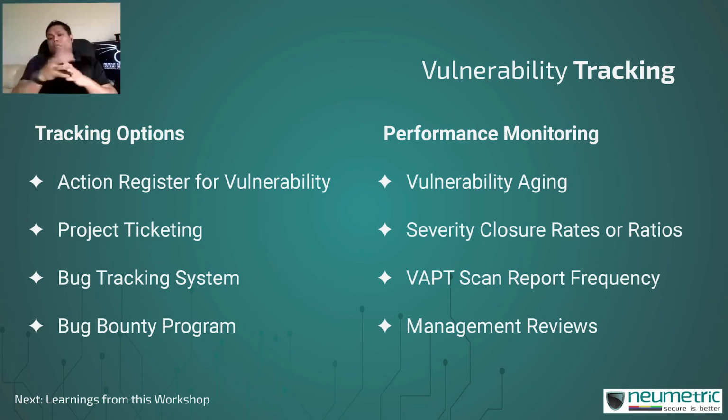And then let's move on to the performance monitoring aspect. Here are some of the performance metrics that you can track for your vulnerability management program. And as long as you track these four, at least they are adequate in my opinion. One is vulnerability aging: once you discover a vulnerability, how long has it taken for the vulnerability to be remediated? This will indicate how responsive your development, your engineering, or your DevOps team is to the security function needs.